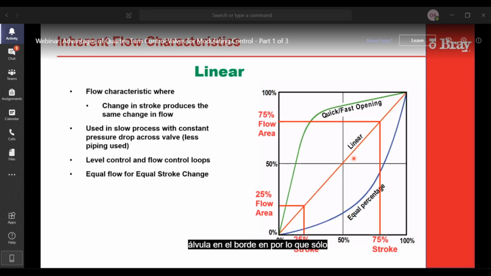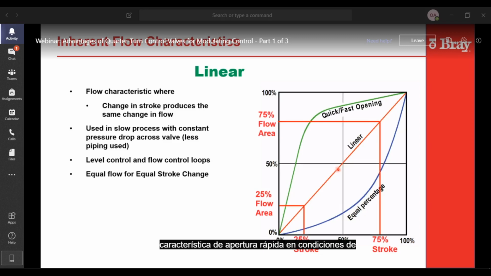That's all just based on area. Flowing characteristic or installed characteristic tends to shift everything, if you're looking at the chart, to the left. So an equal percentage curve will shift and move more towards linear in actual flow conditions, and linear characteristic valves will shift and flow more like a quick opening characteristic in actual flowing conditions.